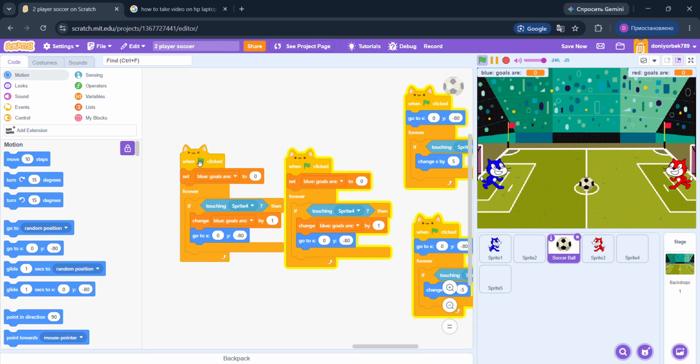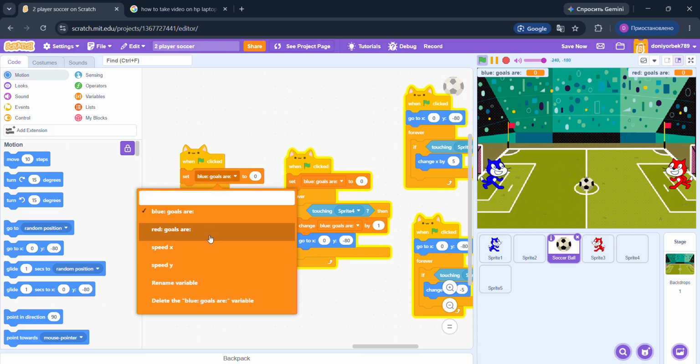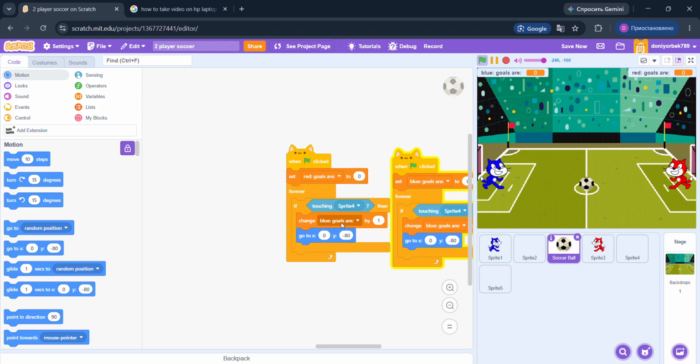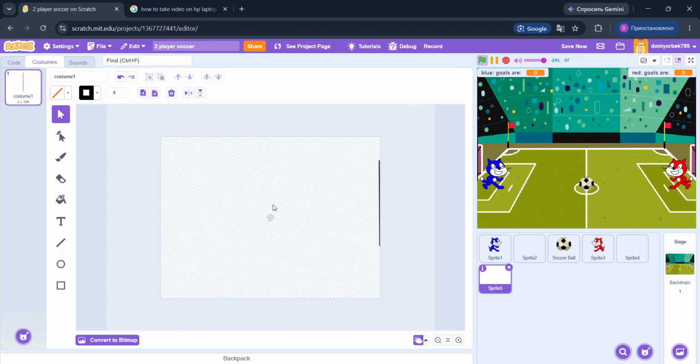Duplicate. Touching sprite 5. My mouse clicker is not working correctly.